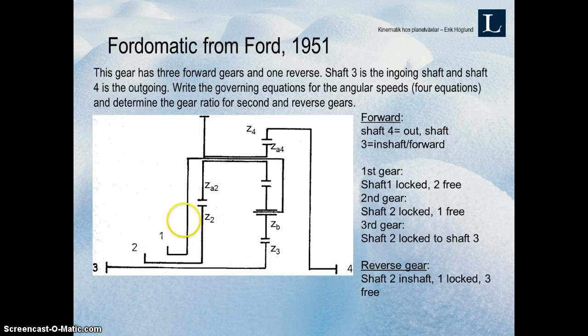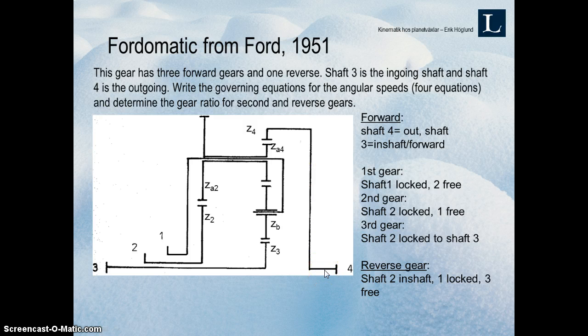This is an example of how such a gearbox can be designed. This is a rather complex, you might say, gearbox. You see that this is a planetary wheel with two gear races. One is there, one is there, and you also have a planetary wheel here. So that means that you have a rather complex mesh between these different gears. And in this way, by locking some of the shafts and having other shafts free,